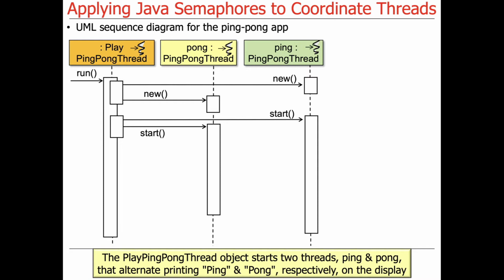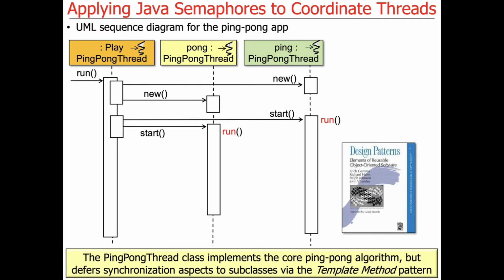The app starts up and the main thread will create two other threads. One thread is the ping thread, one thread is the Pong thread. And then both those threads will be started. And they're going to alternate printing ping and Pong, respectively. You can imagine which one prints ping and which one prints Pong. The ping pong thread class